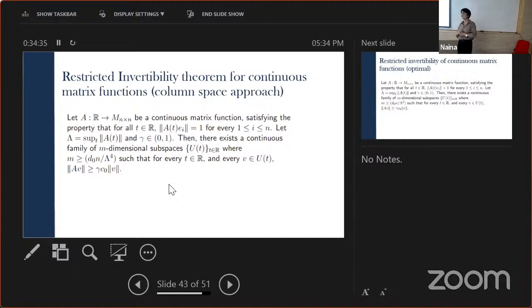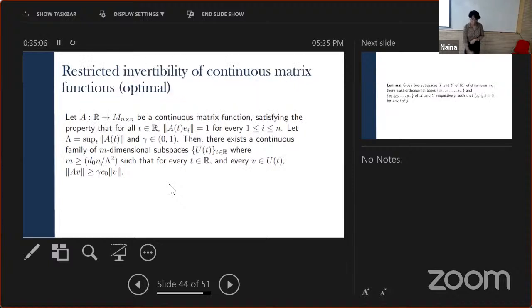The second proof: we realized that the reason we were facing this problem was because the space spanned by columns is a very rigid object. It doesn't allow us to do very much. We're forced to stick to only those columns of the matrix. So if we let loose a little bit and say, as long as I just have m-dimensional subspaces, can the theorem still hold? I'm no longer looking at spaces spanned by the columns of the matrix. I just want any m-dimensional space. Can I still find a subspace where well invertibility holds? We did that in the following way. This was the optimal bound using the second proof, where the constant then just became squares, which is optimal.